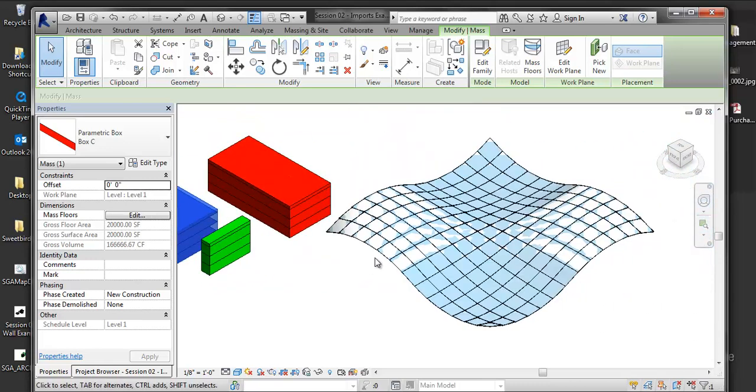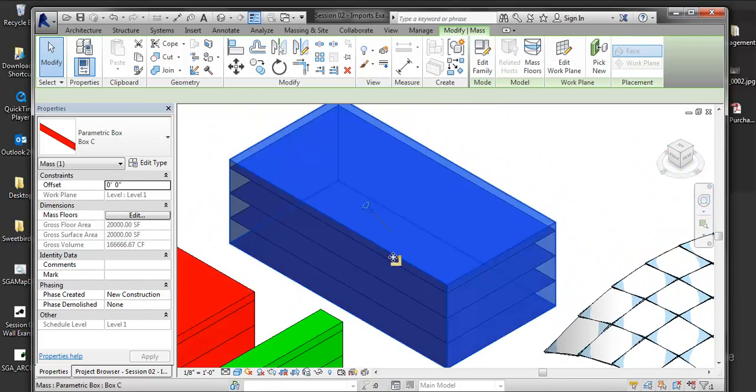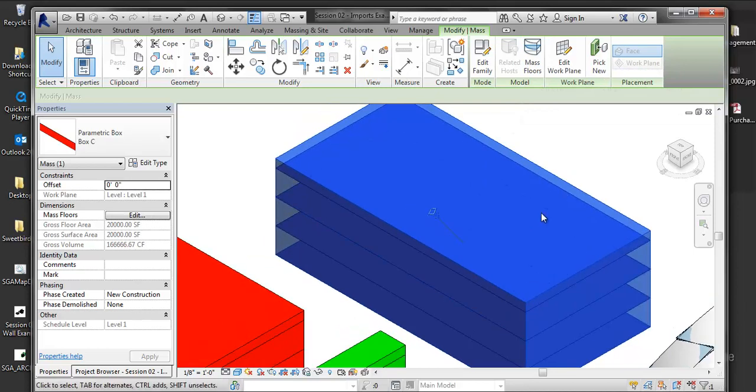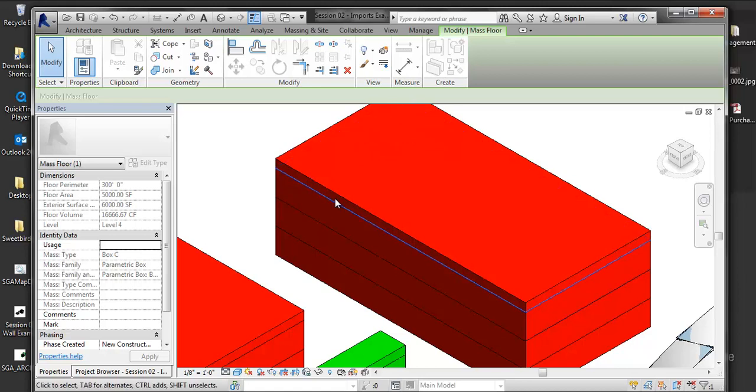Some other things you can do with that, right? So within this mass, right? So this is a mass. I can also do it as a generic model. We'll talk about different family types, right? I'm cutting mass floors. So if I had irregular geometry, right? I would use, like the Folsom project, we did the mass of that first, and then we cut the floor plates from that, because trying to trace out every floor plate is pretty tedious. You've already done it. You don't want to do it again. Let Revit generate those for you. So in this case, you can see that I'm cutting my floor plates as well from whatever that decides to be. And as I change that, it's dynamically changing that floor plate,